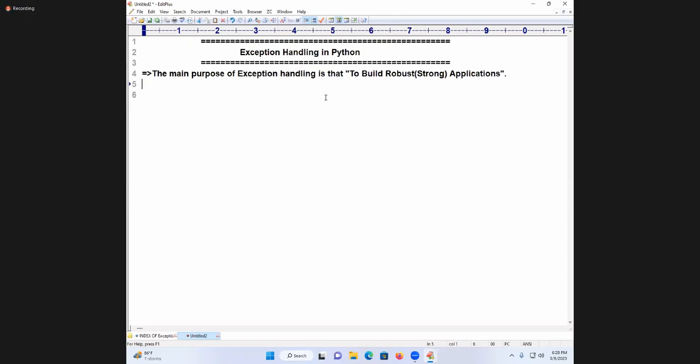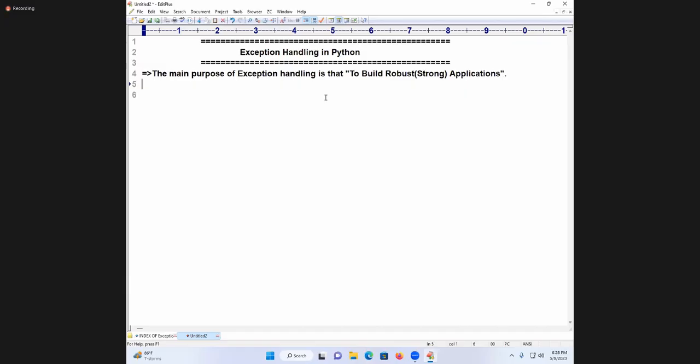Now, who has written that code internally? That message is not coming automatically through the machine. It is coming through some code, right? Because some code is written internally, through that code only the user-friendly message is coming.